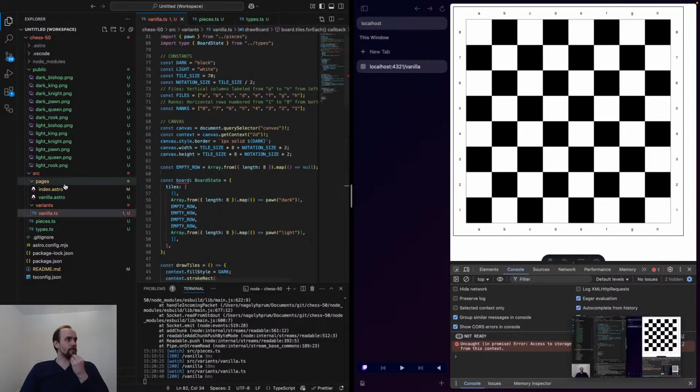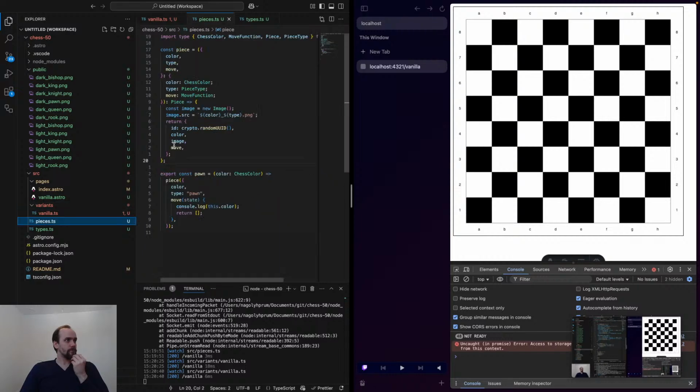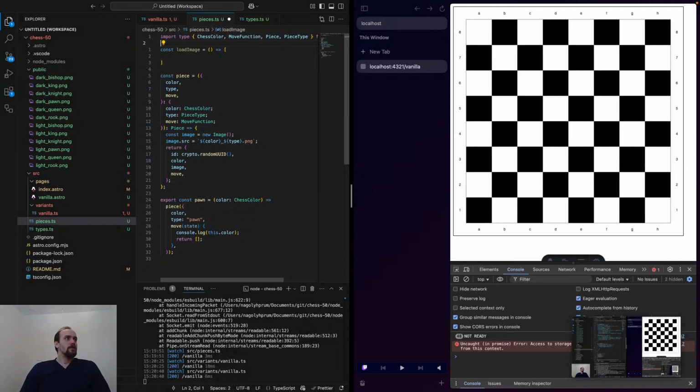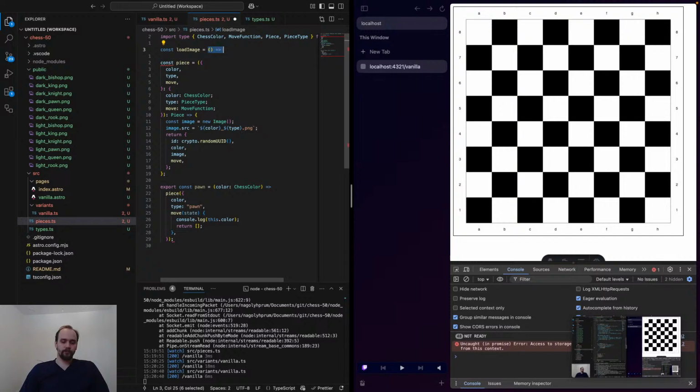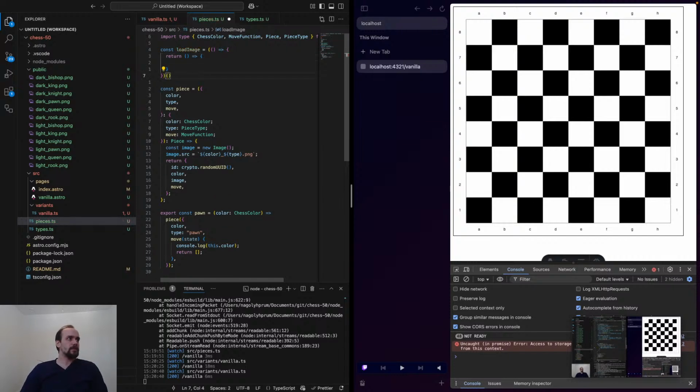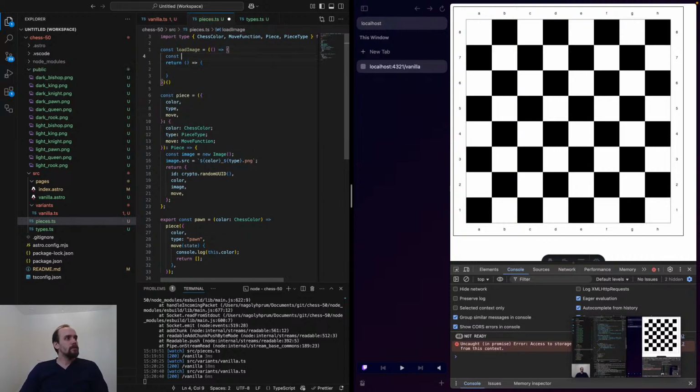Let's do one more thing. Wants to load image. Once it's outside, I guess. I'll do like a cache of